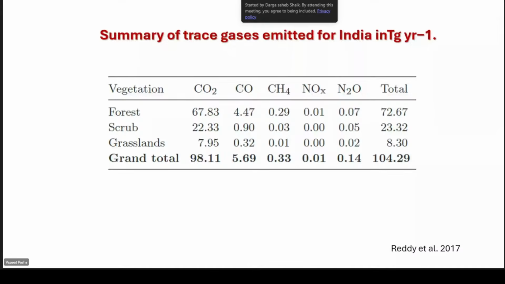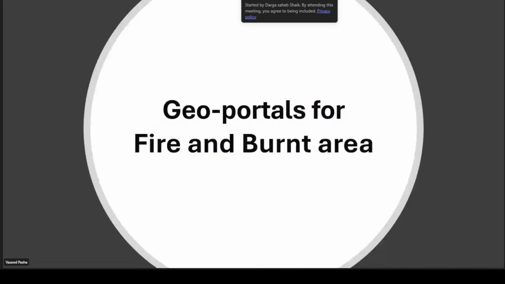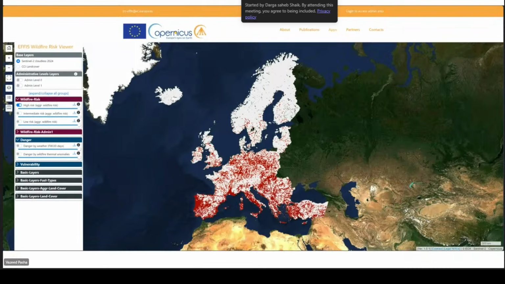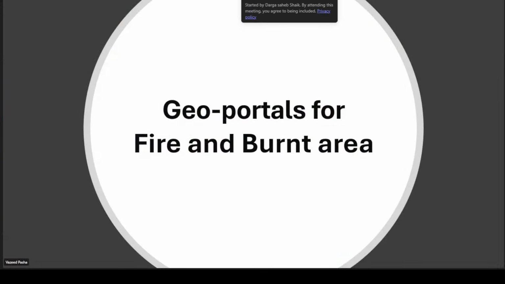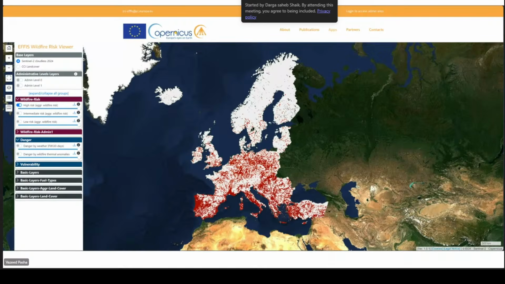So now, what are the sources of geo-portals for fire and burnt area? For that, we need to understand this. These are some of the geo-portals. One is the Copernicus geoportal. This is by the European Space Agency. They created it for the European Union.